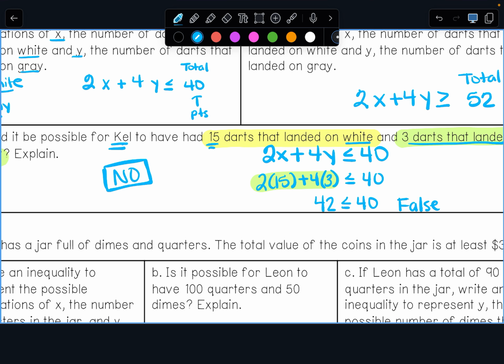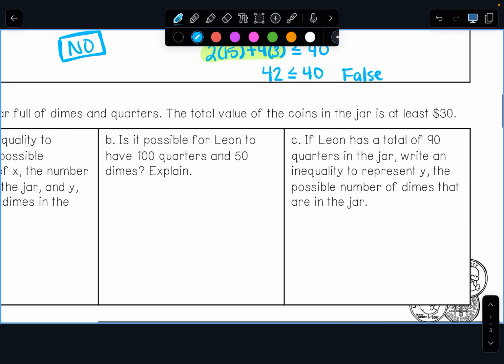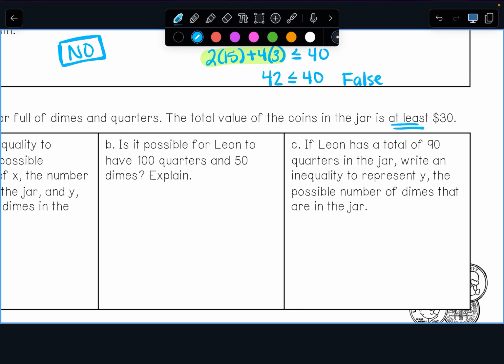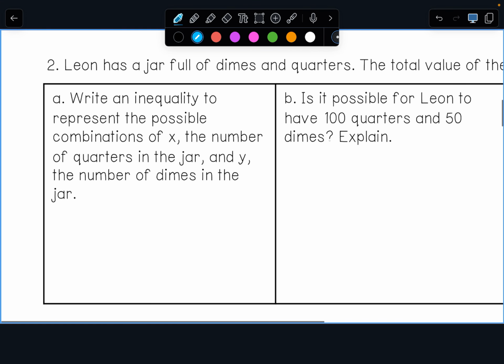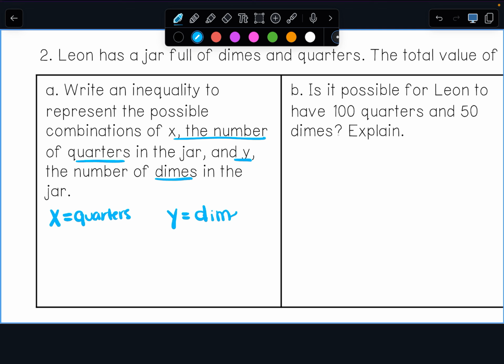Okay, number 2. Leon has a jar full of dimes and quarters. The total value in the jar is at least 30. So I'm going to keep that "at least" in mind. When we're writing an inequality, we need to identify the variables. X represents what? The number of quarters in the jar. X is my quarters. And Y is my dimes. Okay? So I know when I add up my quarters and my dimes, they're going to add up to